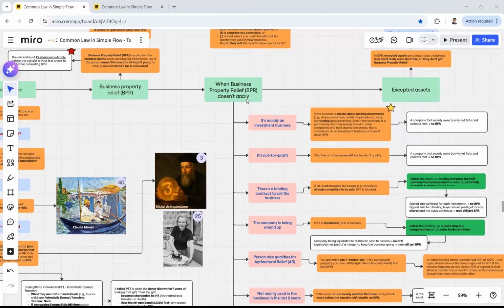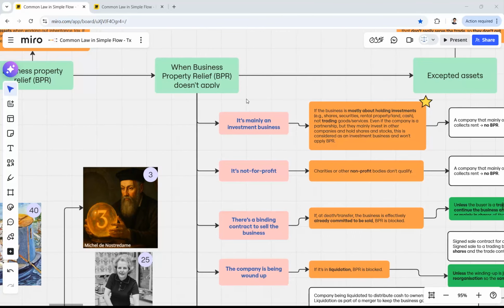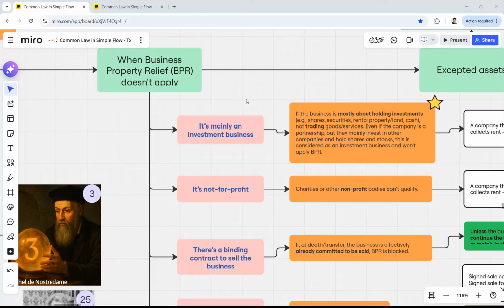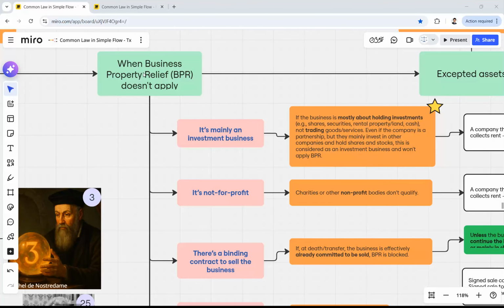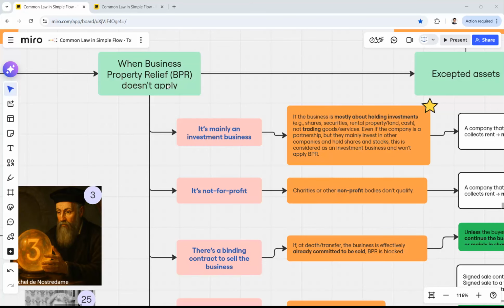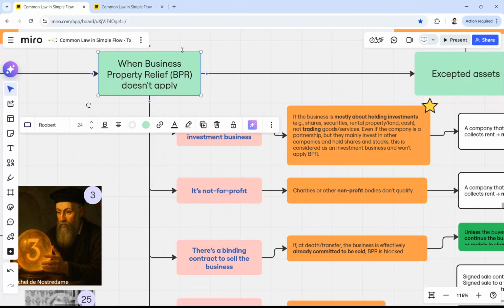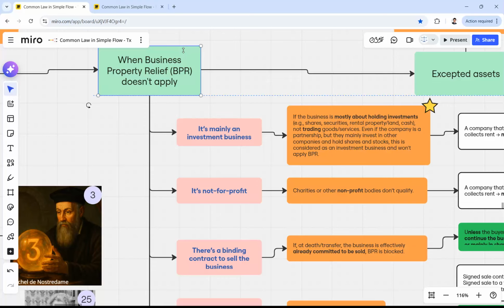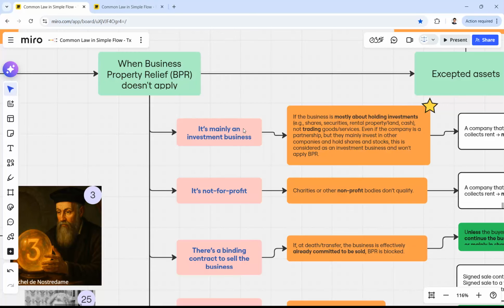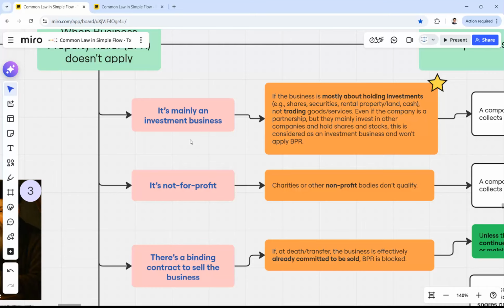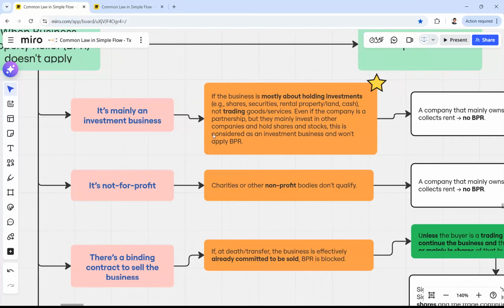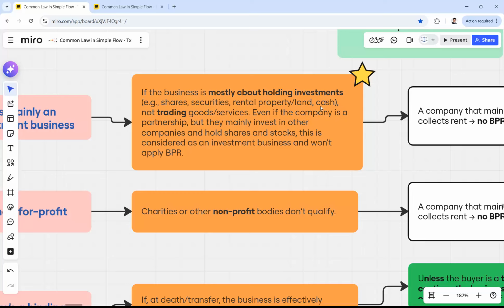Sorry, we are going a bit slow because the topic itself is not so easy. We need to cover all the details. So we have talked about business property relief, but there are cases when business property relief doesn't apply. So let's see what are those cases. The first one, it's mainly an investment business. If the business is mostly about holding investments, for example, shares, securities, rental property, cash,